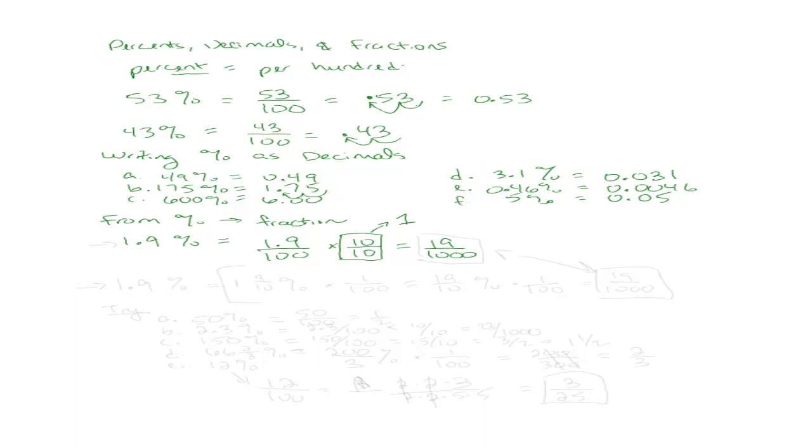So say we have now, oh, there's another way to do this. So for example, 1.9%. I can write this 1.9 as a mixed number. How can I write 1.9 as a mixed number? 9 over 1? No. 9 over